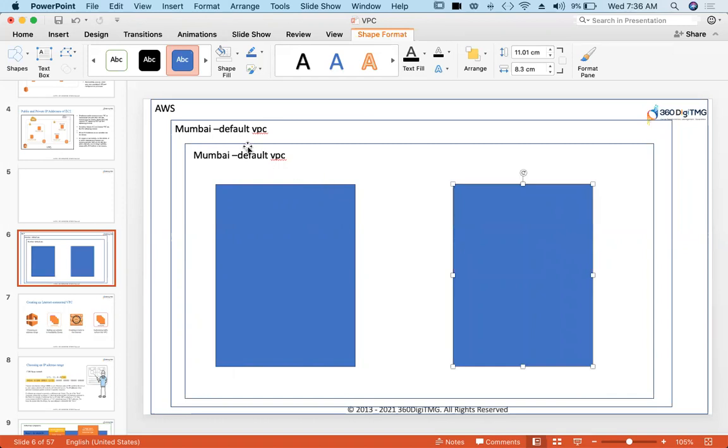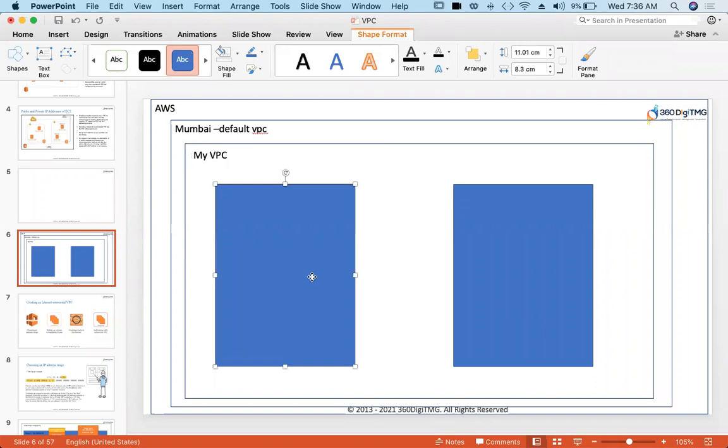This is my own network. Let's call it my VPC, and I wanted to divide my VPC into two portions.